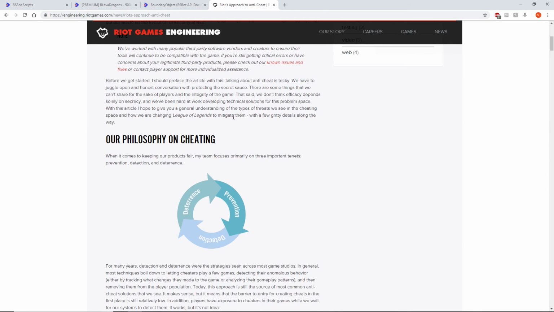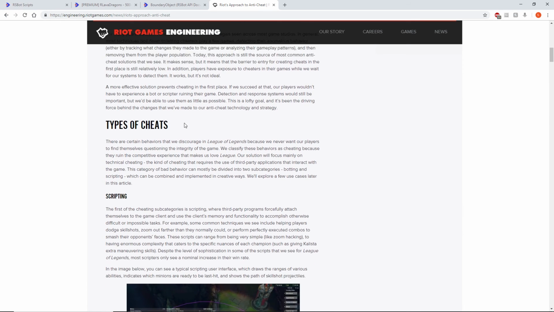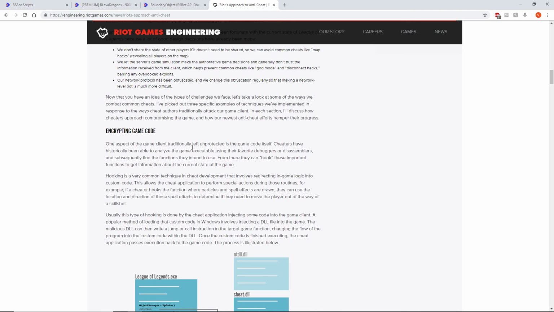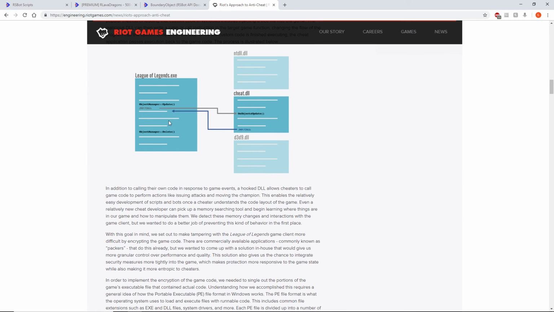Their approach to cheating is to prevent it altogether, so they favor prevention over detection and deterrence. One way they're able to accomplish this is by using encryption to prevent DLL attacks, such as injecting these dynamic library link files into their actual engine. The way this works is when the engine makes a call for a function, it'll actually do a jump call to the cheat that you would have uploaded, and then jump call back to a specific function to pretty much